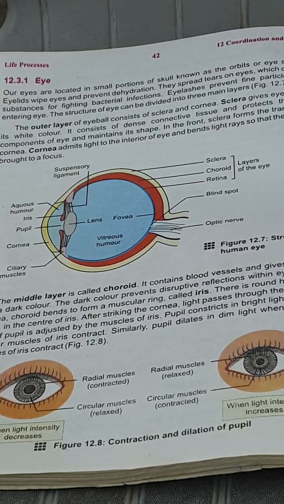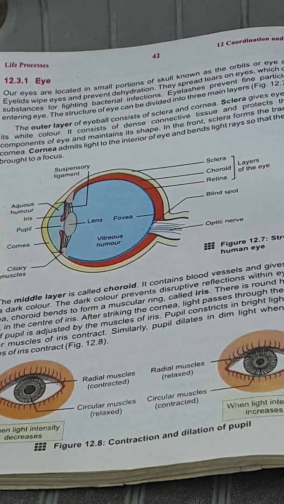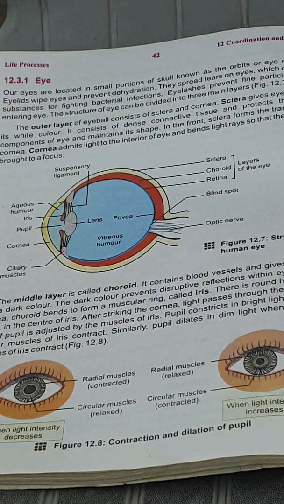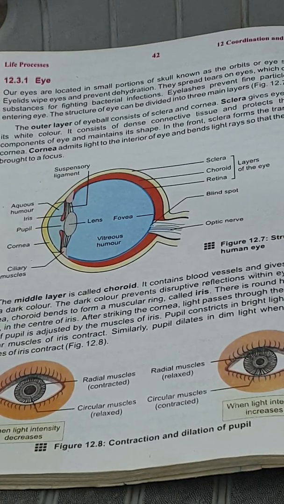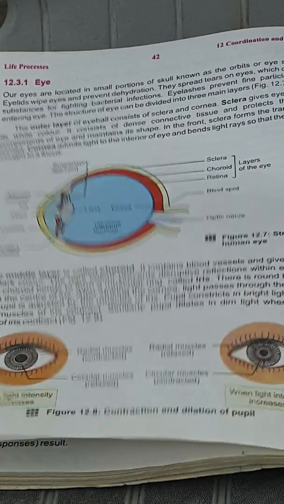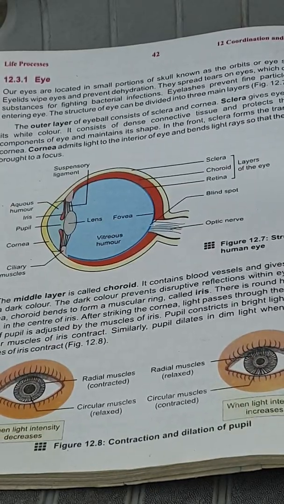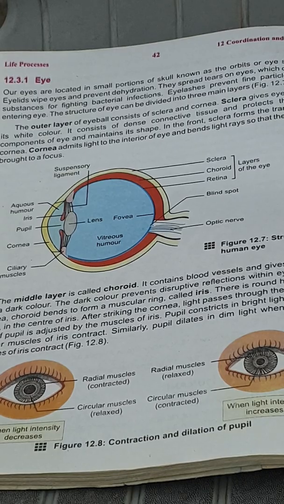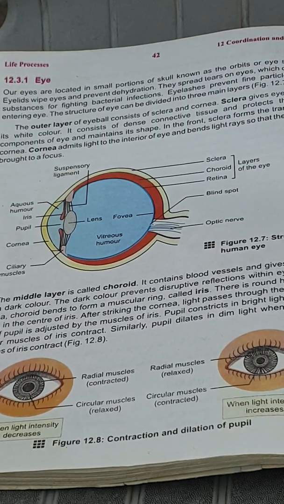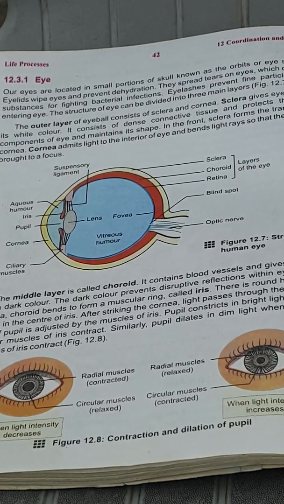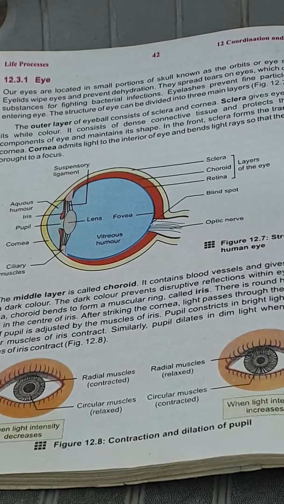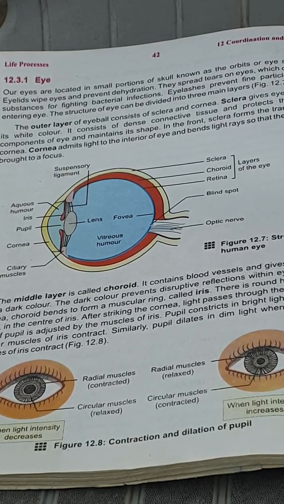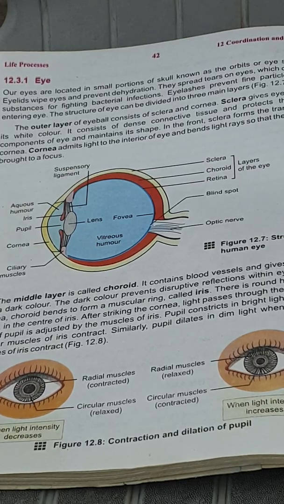Class 10th, our next topic is the discussion of some important receptors in our body. As we already discussed the first part of the nervous coordination, that is the brain and the spinal cord, and also the neurons. So, this is the second part of our nervous system, where some important receptors are discussed, and how these receptors are connected to the nervous system, and what are the structural or the different parts